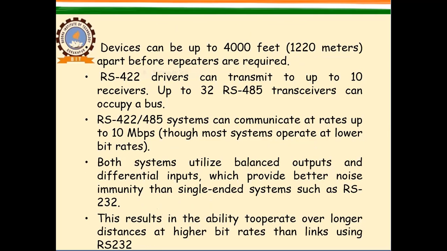Devices can be up to 4,000 feet or 1,220 meters apart before repeaters are required. यानी कि सिग्नलिंग अगर हम लोग कर रहे हैं 422 को यूज करके, तो 4,000 फीट या 1,220 मीटर तक हमें किसी रिपीटर की जरूरत नहीं होती। हमारा डेटा जो है वो एज इट इज इंटैक्ट रहता है, इजीली ट्रांसफर्ड होता है एक जगह से दूसरी जगह तक, और वो भी कंसिडरेबल स्पीड पर।